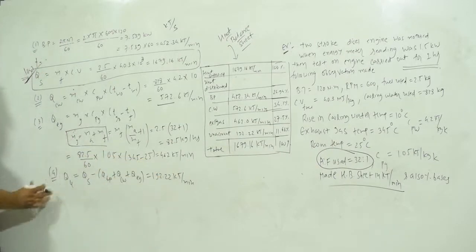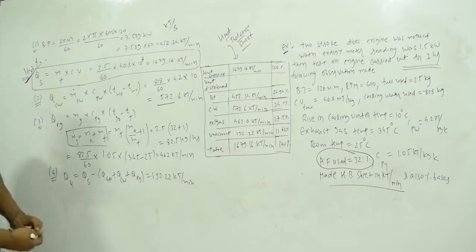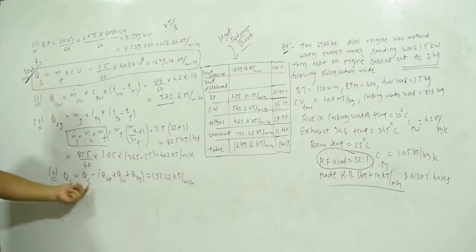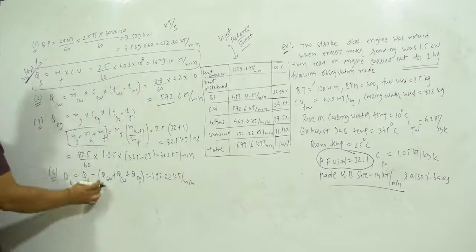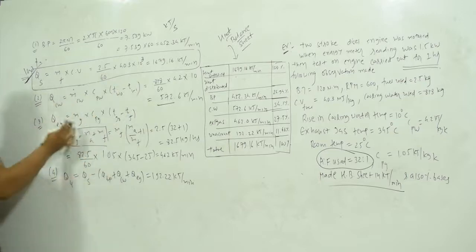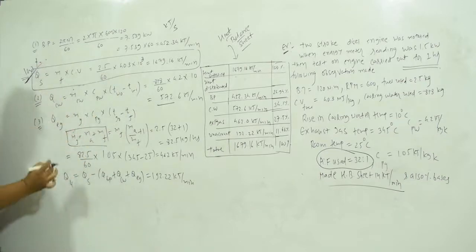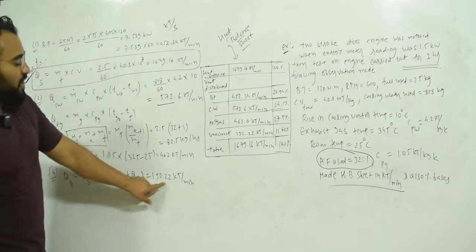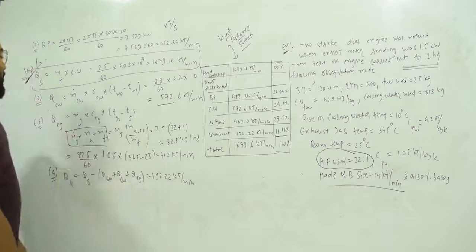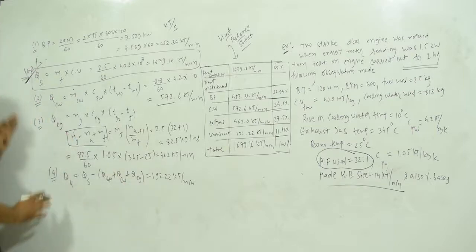And now the last pending item is the unaccounted loss. You know that unaccounted is equal to 100 minus the remaining. So 100 means our heat supplied, minus the remaining spending. So total supplied minus remaining. You have the QS value, you have QBP, QCW and QEG. Do this and you will find the unaccounted loss, which is 192.22 kilojoule per minute. So now you have the total spending with you.